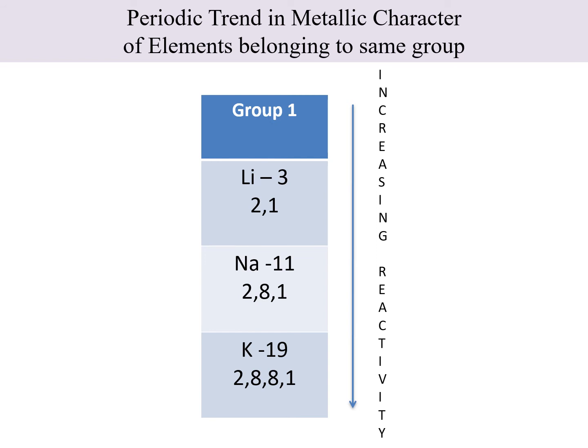So we find that this is the case in groups, that is, the reactivity of elements goes on increasing. In the next slide, you will even see that when one electron from the valence shell is lost, the previous shell becomes the last shell. For example, in case of sodium, if one electron is lost, the L shell becomes the last shell. This shell is called the penultimate shell. We have already studied that the outermost shell is called valence shell. It is also called the ultimate shell.